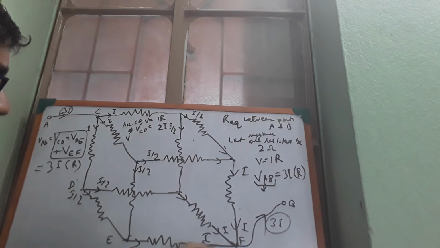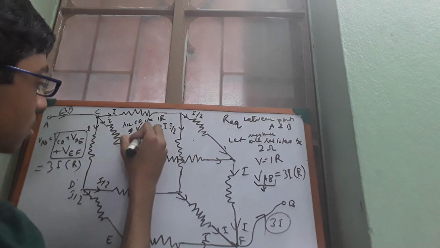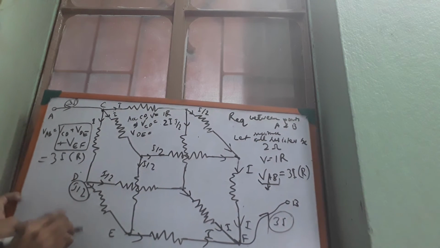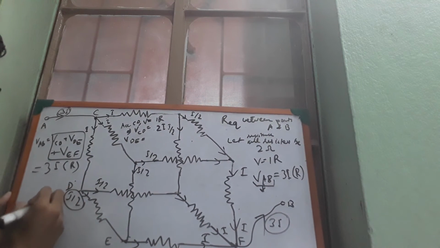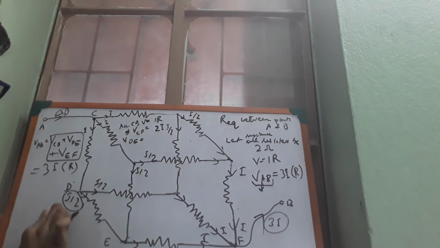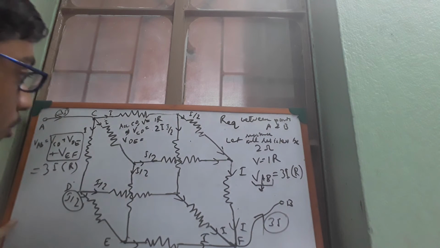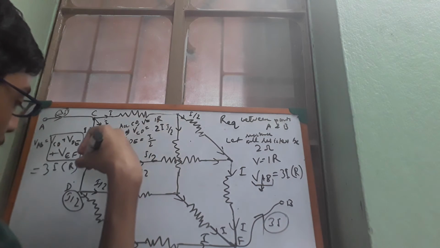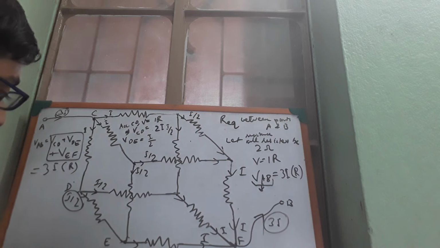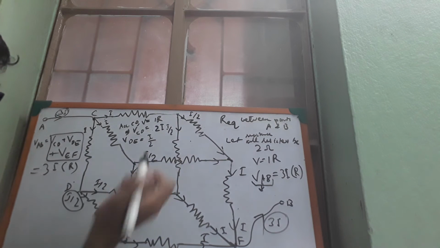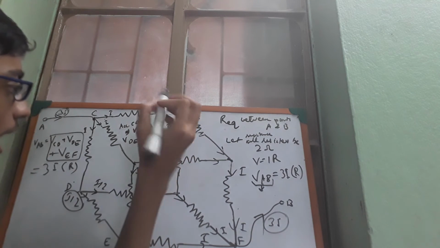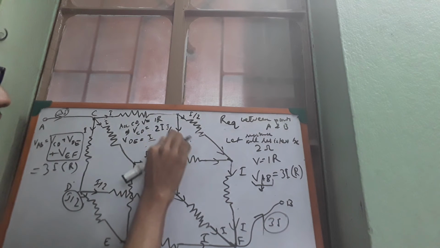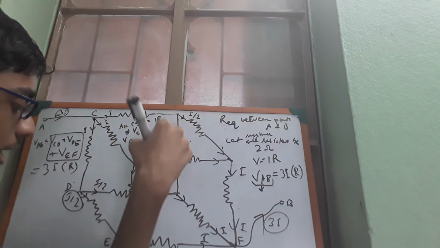Similarly, VDE: in this case, we have I by 2 here. I think you can see this, right? We have I by 2 here because the current here is I by 2. We already saw how this comes to be I by 2. So in this case, the current will be I by 2, and the resistance will be 2. So VDE will just be I, because the 2 in the denominator and the 2 in the numerator will just cancel each other out. So VDE is just I, and now you come to VEF.